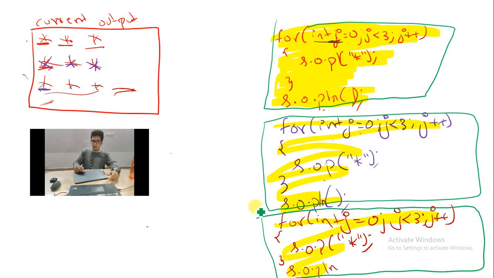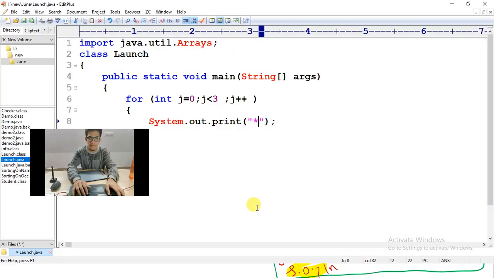So you as a programmer should now think: if I wanted 3 rows, I have written 3 for loops like this. What if I wanted 10 rows? If I want 10 rows, I have to copy and paste it 10 times, right? So that is what you are thinking. Let me go to the code.